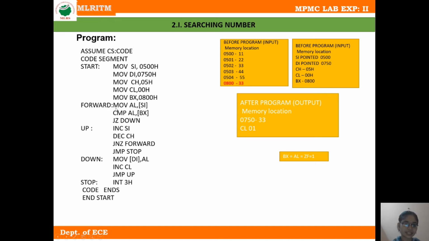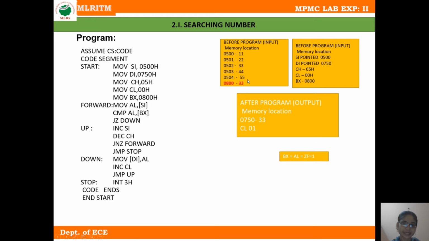The next instruction is move AL comma bracket SI. Now SI points to memory location 502. Here the content is 33, so this 33 is moved into the AL register. The next instruction is compare AL with memory location 800.